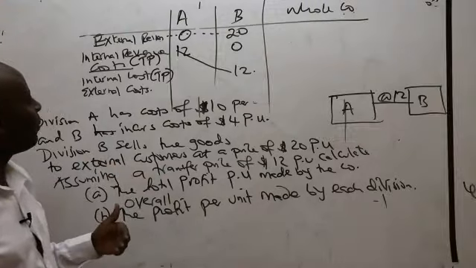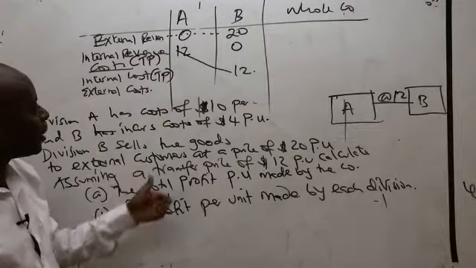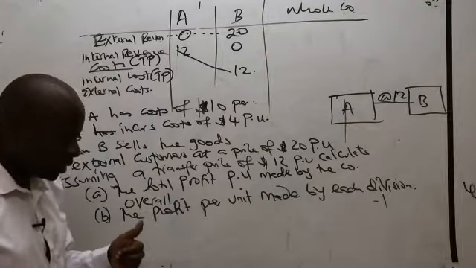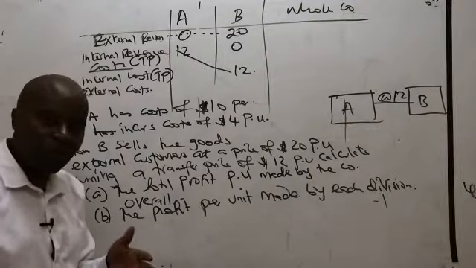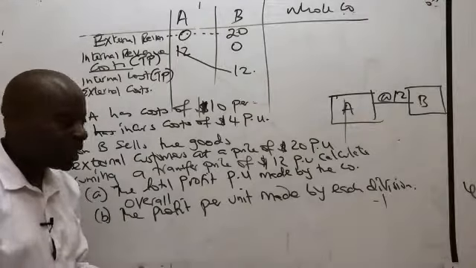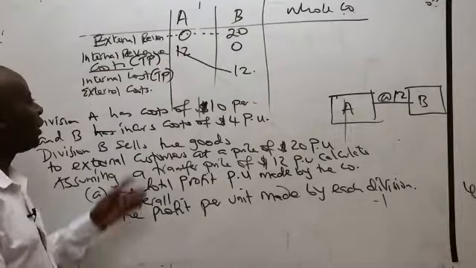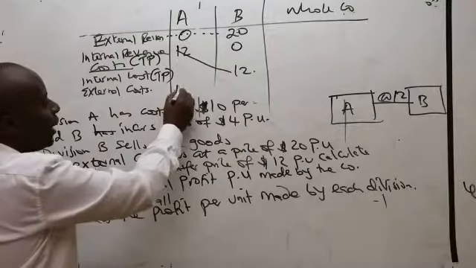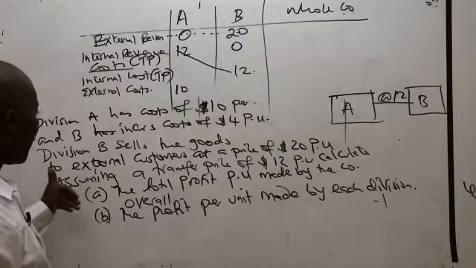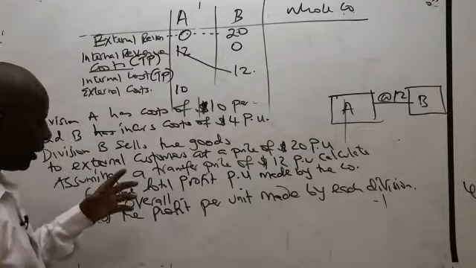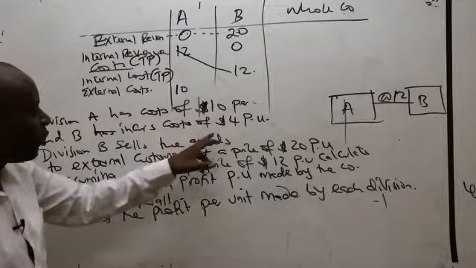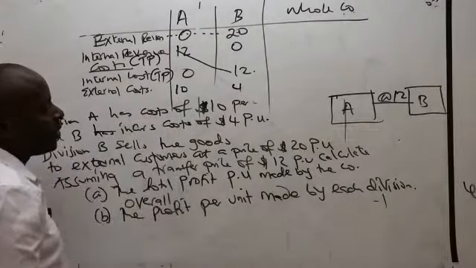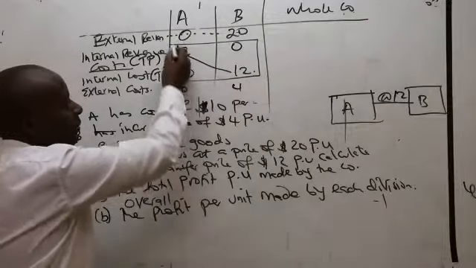Now from there, ladies and gentlemen, we have these costs that are external, for example, costs that we incur to buy materials, pay labor, pay the landlords, etc. These are the own costs. We are told that A incurs a cost of 10. And B also, when it comes to packaging, incurs its own costs of 4. Of course, for internal cost, A does not have anything there. This basically is like a matrix normally.